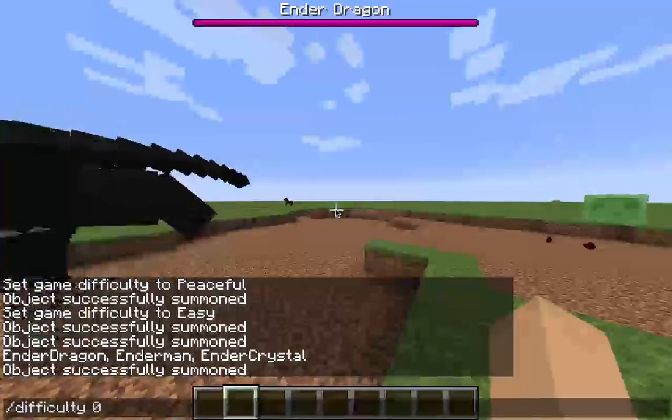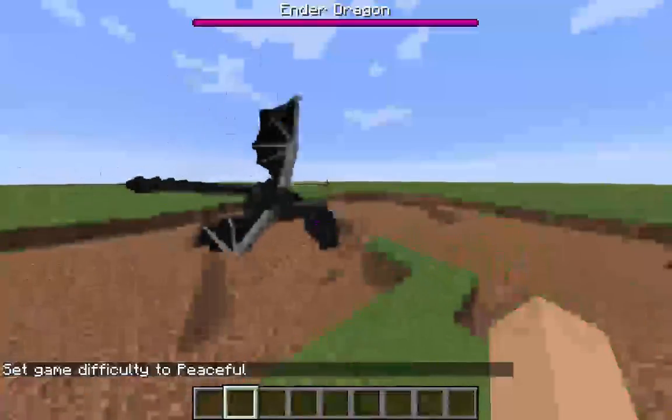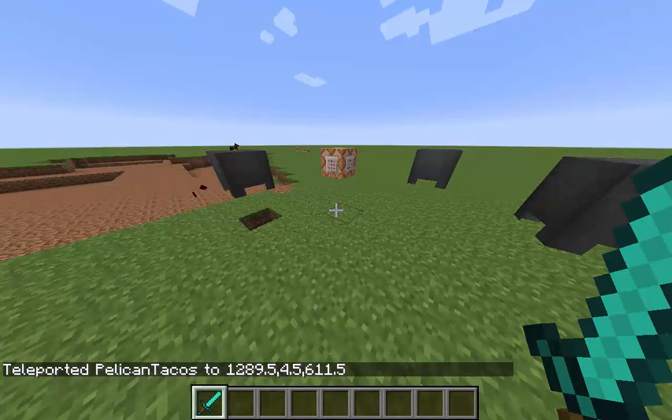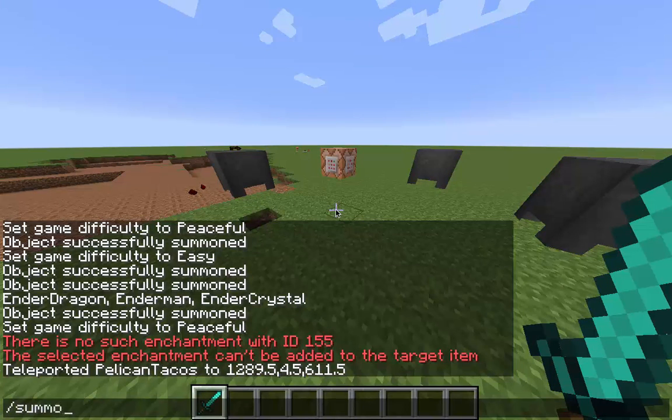Get him out of here because I'm scared. You're not gonna go away in peaceful? Seriously? Boom, I'll be back. All right, now that he is gone, sorry about that, but you can start summoning a